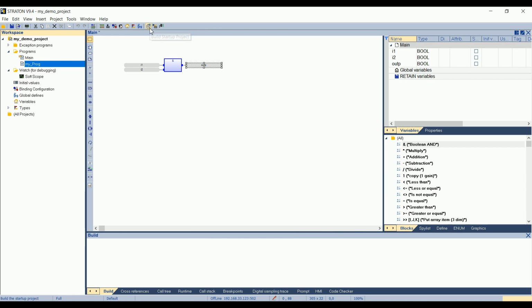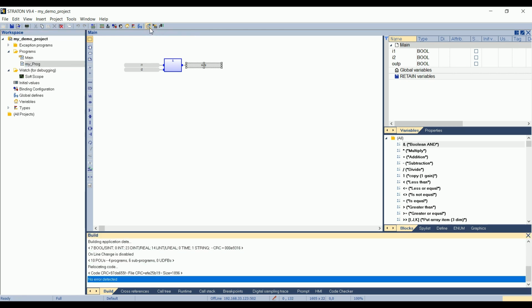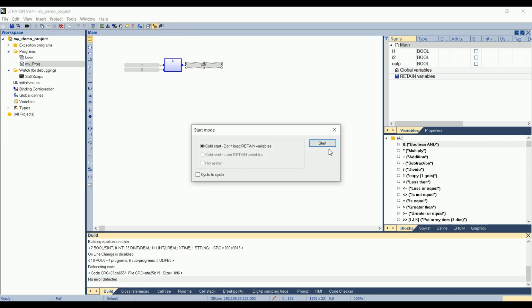Then I build the project by clicking on this build icon. I can see here in the output window that no error is detected. Then I start the simulation. Start.